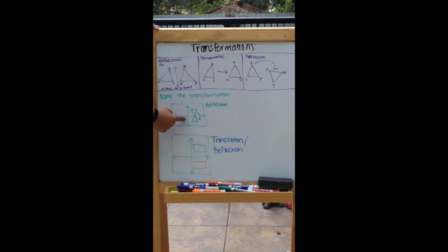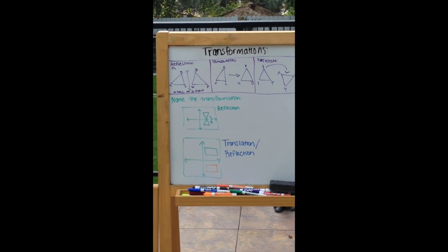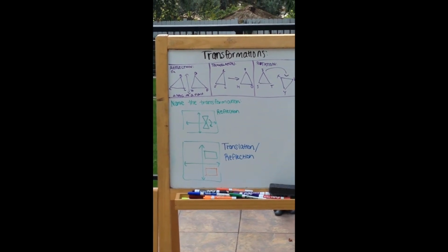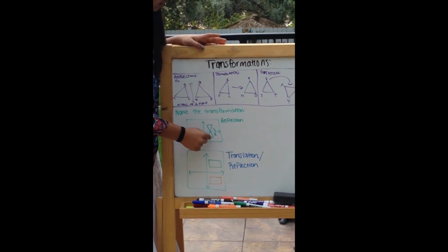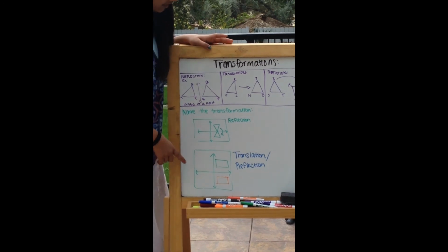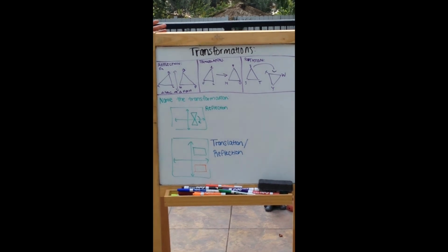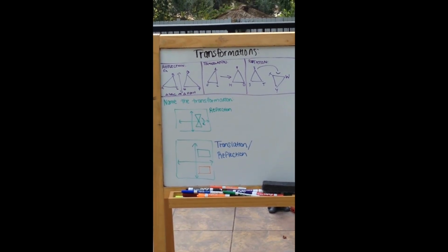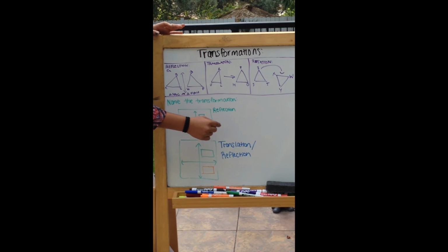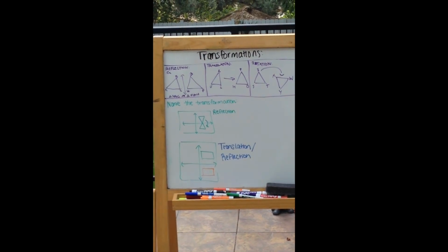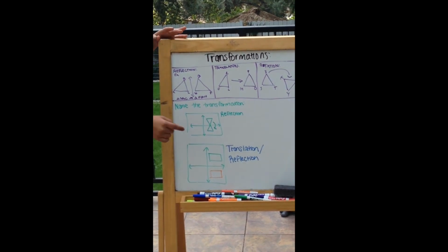This is a reflection, and that's because it transforms over a line of reflection, and each point of the pre-image and the image are the same distance away from the reflection. So this is the same distance away from the line of reflection as is this. Now the second problem is a bit harder because it could be one of two things. It could be a translation because it moves all the points of the original figure in the same distance in the same direction. But it could also potentially be a reflection because each point of the pre-image and the image are the same distance from this